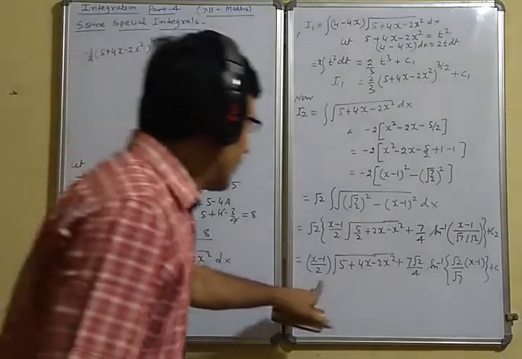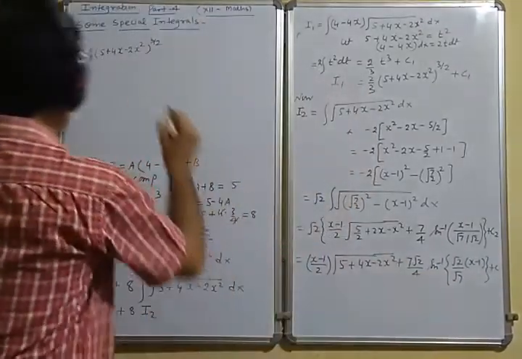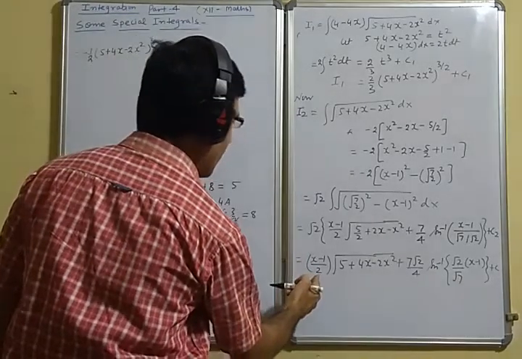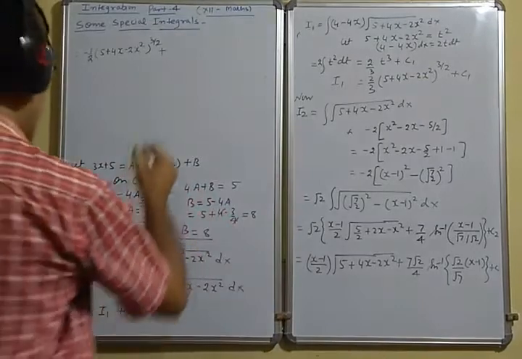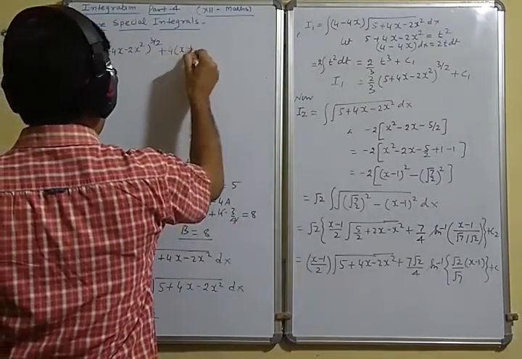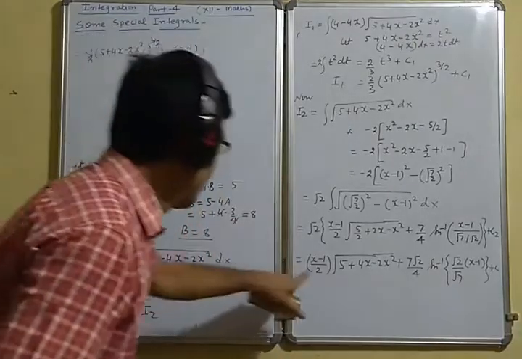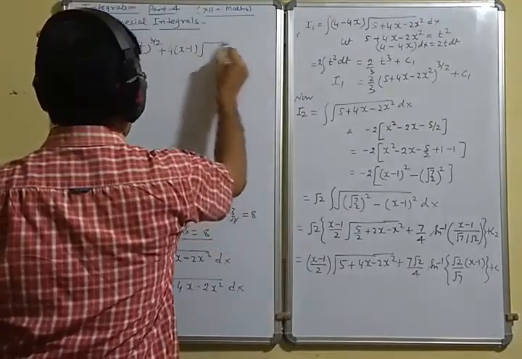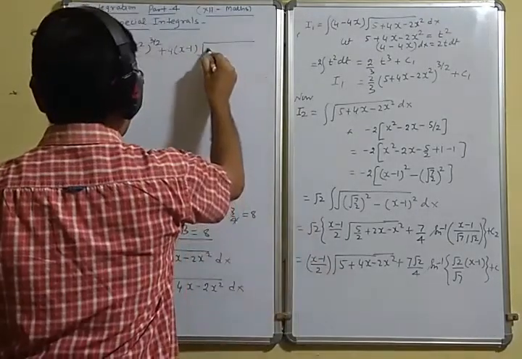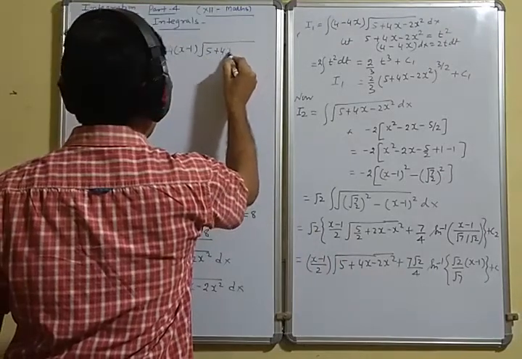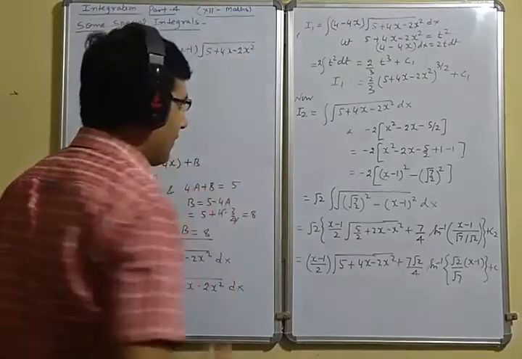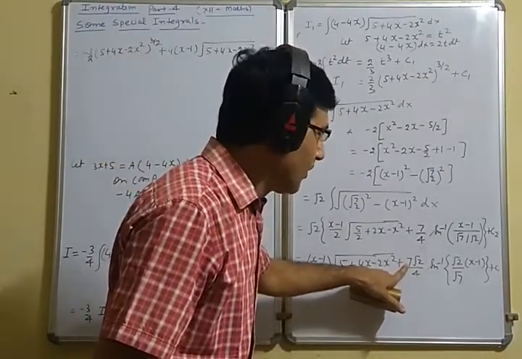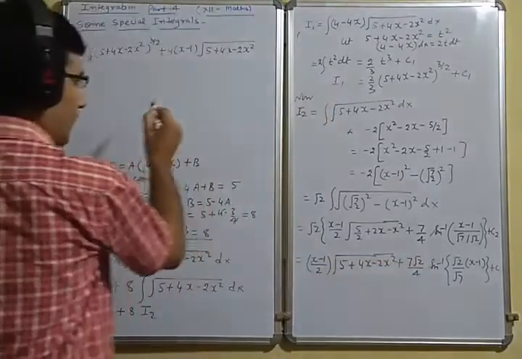8 times I2. So now we'll multiply it by 8. So it becomes 8 into this 2, that is 4 times x minus 1, 8 times 4 times x minus 1, square root 5 plus 4x minus 2x square. Now 8 into this, 7 into 2, 14 root 2 plus